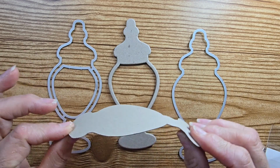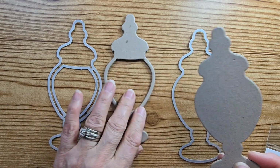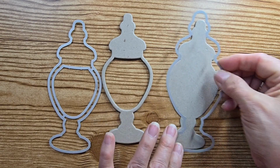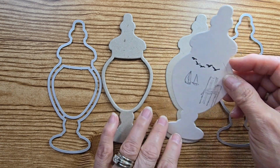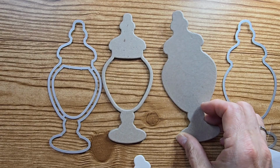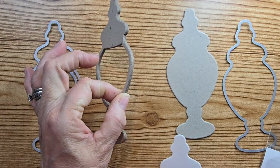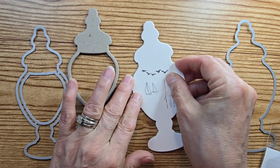Now, by the way, look how thin that material was. That's why I have to cut 4 times. I also cut one more in watercolor paper for the background, and 2 for the back, plus the paper that is going to be the notebook, but we'll get there in a minute. Now I have this one already stacked here, and this one will go on top, but before I do that,